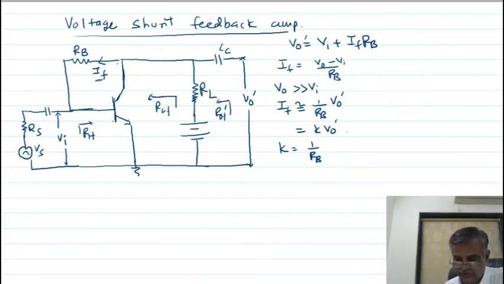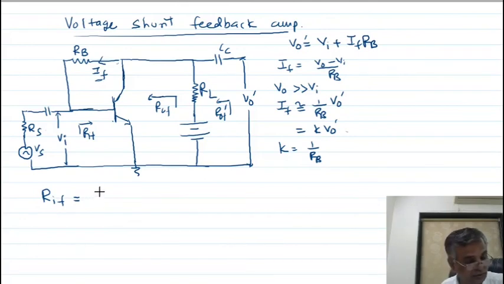So this feedback is proportional to output voltage. How much you are giving feedback? 1 upon RB. So this is called feedback factor K. Now no need to do some derivation. We'll write directly the equation of the input resistance due to Miller effect. It is in shunt, so input resistance decreases. Due to the shunt effect, input and output resistance decrease. This is called shunting.